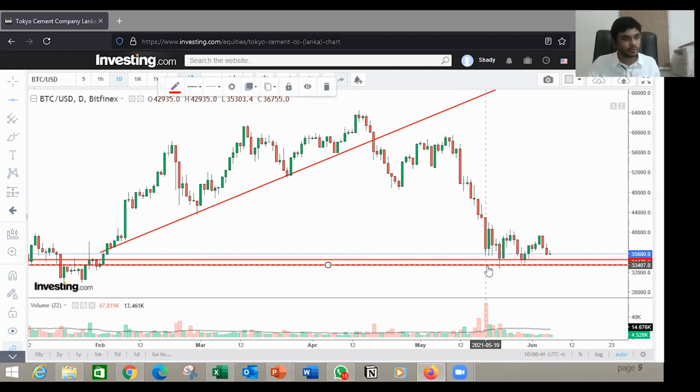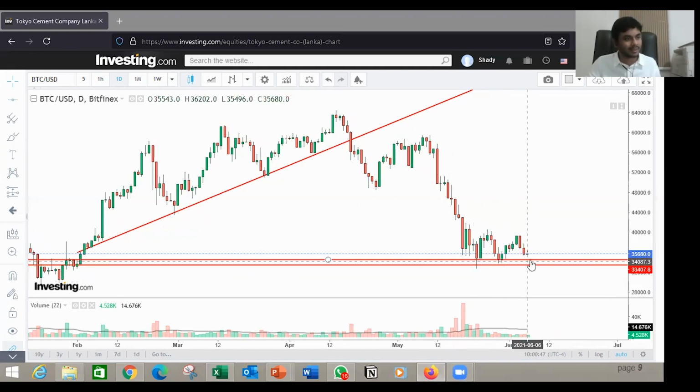Maybe you can use it as a resistance region, where you can also use the lower wicks of the candles. And let's say when price starts to fall in between that level and shows some confirmation and reaction where it starts to move, then based on that you can start acting quickly. Anyone looking to buy the dip maybe can collect at that level. Okay. Also, I will quickly show you